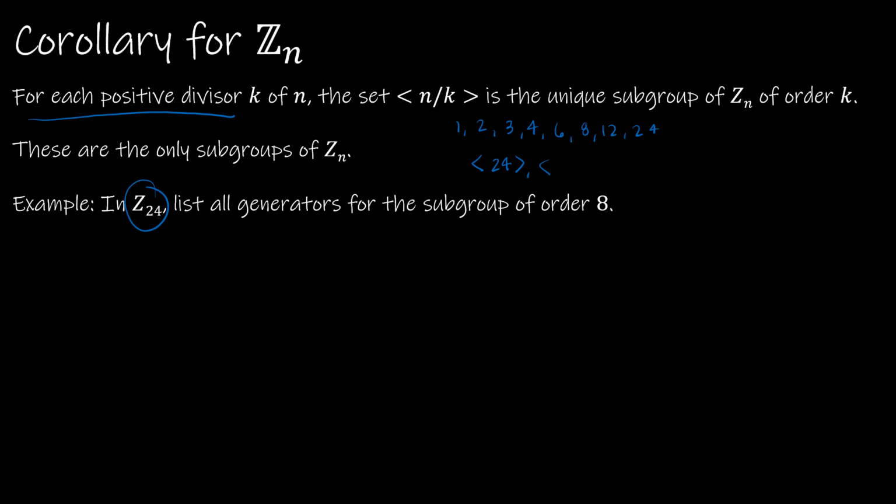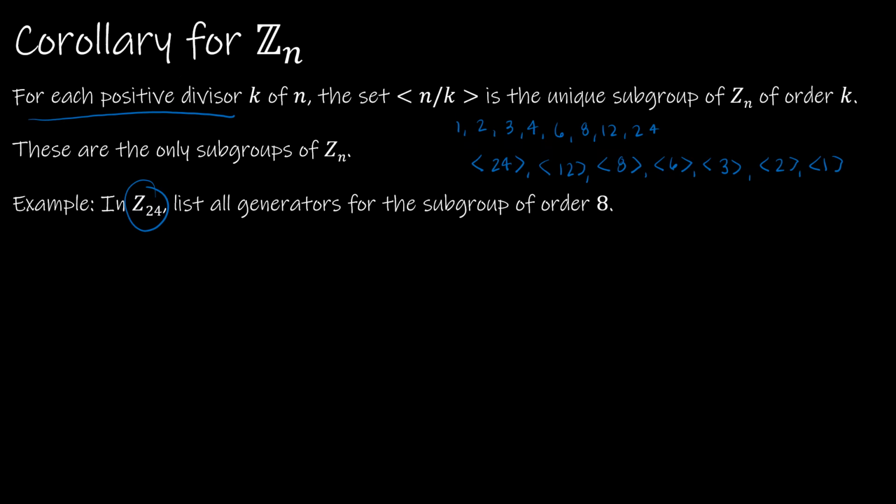We're going to have a subgroup n divided by 2, so that's 12. n divided by 3, which is 8. n divided by 4, which is 6. n divided by 8, which is 3, n divided by 12, which is 2, and n divided by 24, which is 1. So again, for each positive divisor k of n, the set n divided by k is the unique subgroup